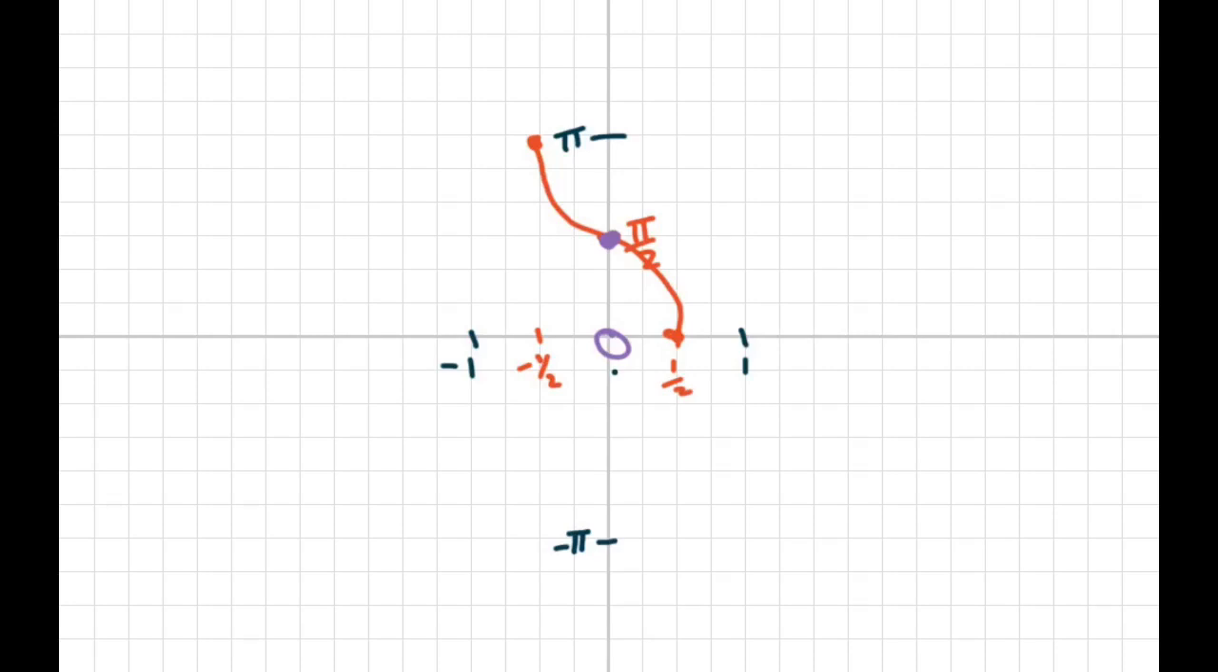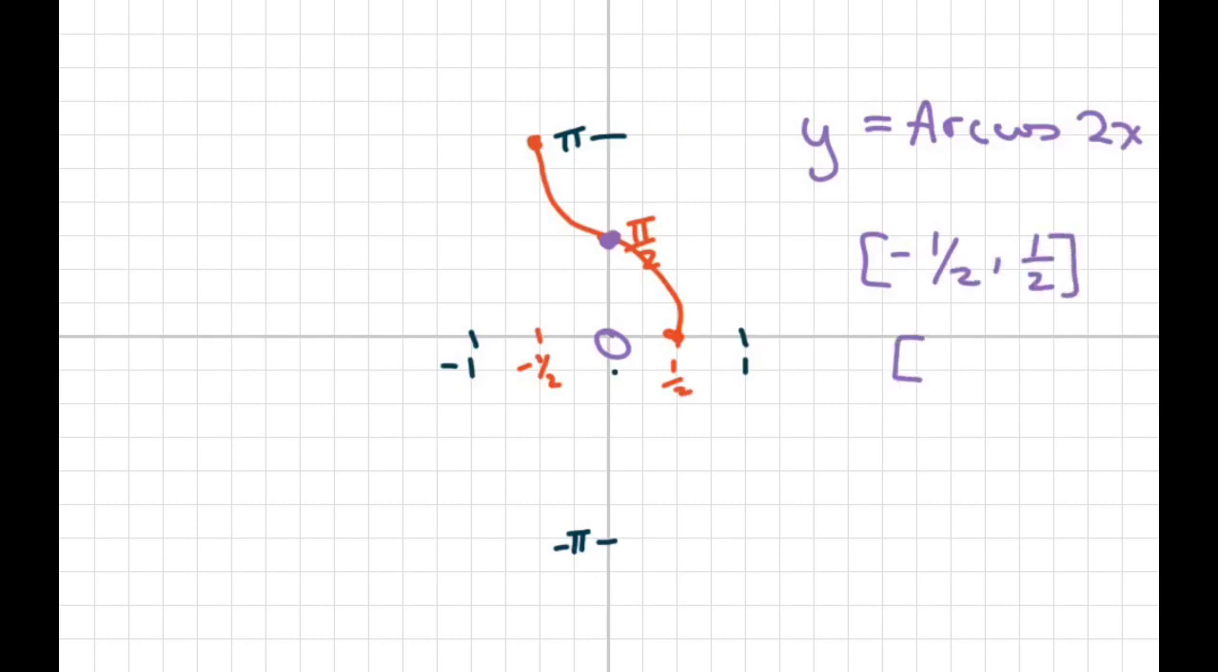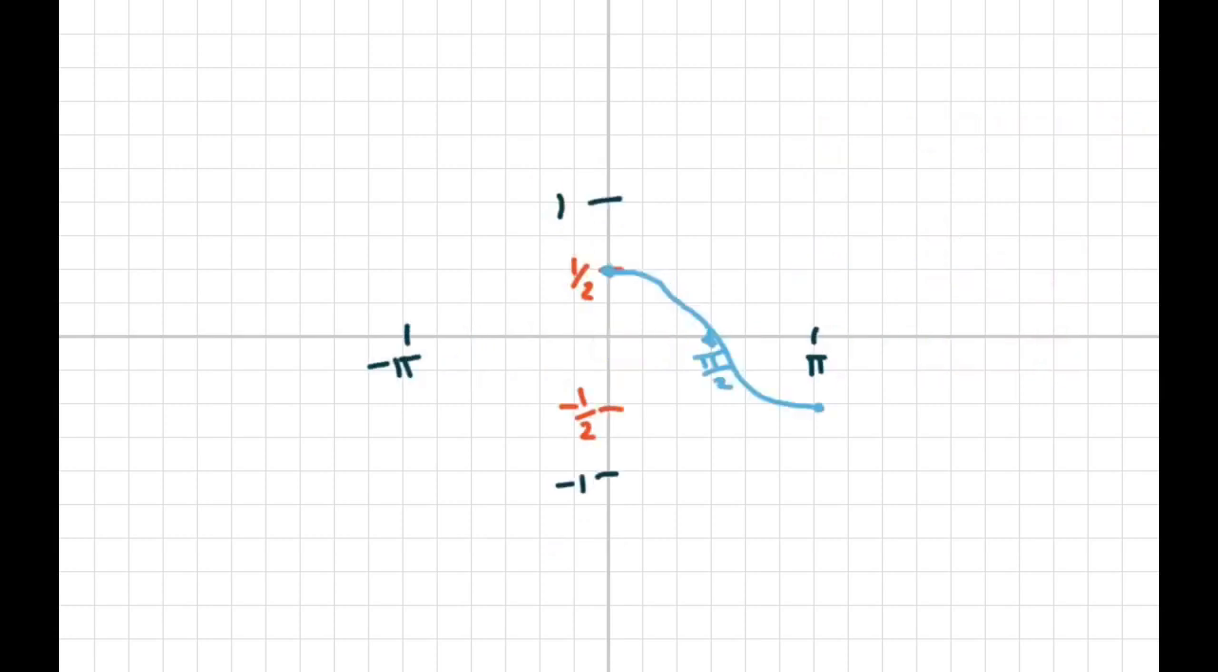So in this case, for the inverse, this is y equals arc cosine of 2x. And my domain in this case would be -1/2 to 1/2, whereas my range is from 0 to pi. This is your range, and this is your domain. And then just for, this is going to be y equals 1/2